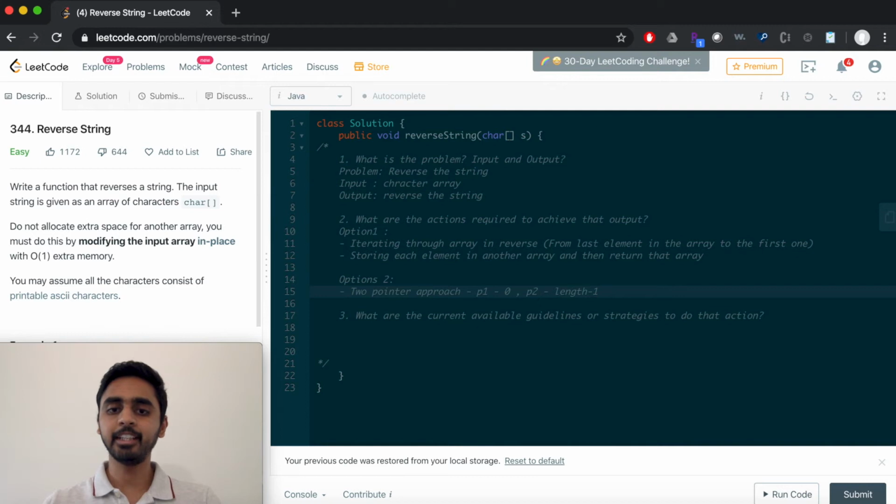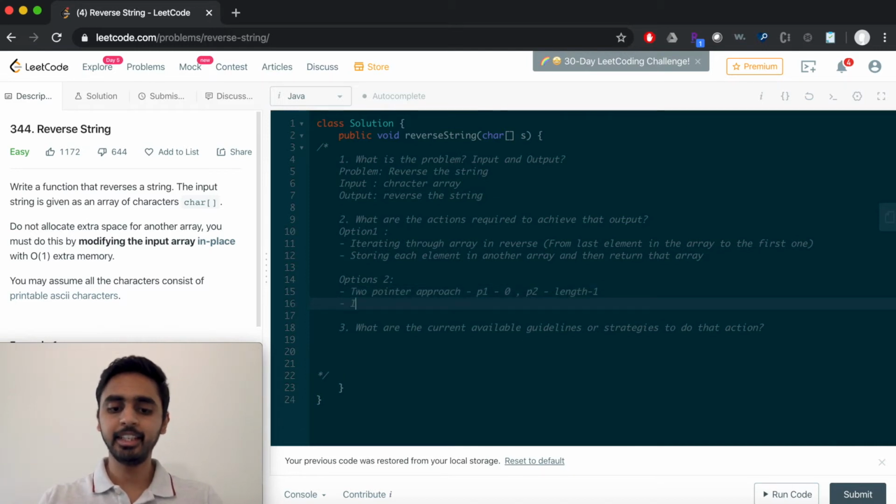As you know, arrays always work on 0-based indexing, so I am putting length - 1 for the last element. And then what we are going to do is iterate both pointers in the reverse direction, meaning